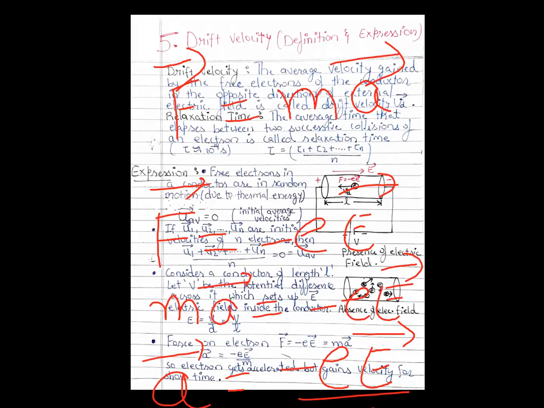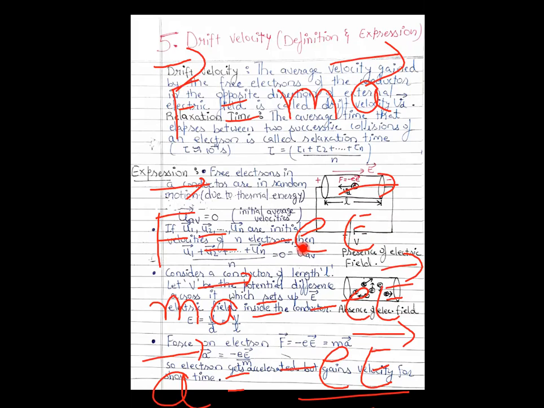Accelerated means the velocity of the electrons will increase. And in which direction will they move? Towards the positive side, opposite to the electric field, right? So because of this force, which force? This force, that is minus e capital E. Because of this force, why is this force acting? Because of the electric field. So the electric field is applying this force,